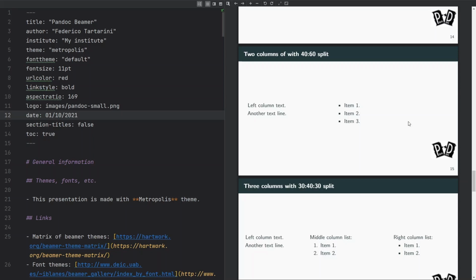I will share my source code online on GitHub, so don't worry too much about the source code. You can always copy it, and you can always read more and find out more in the Pandoc official documentation. It is extremely well written. I will put a link down in the video description below.